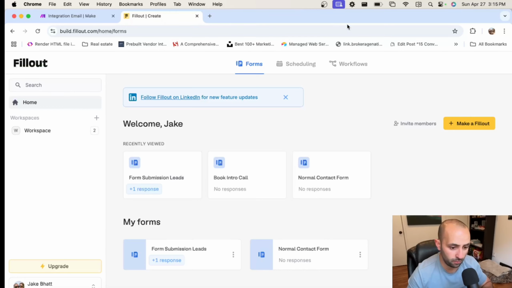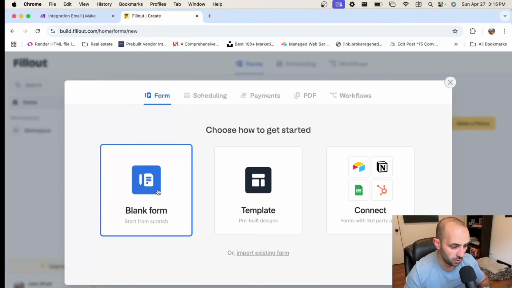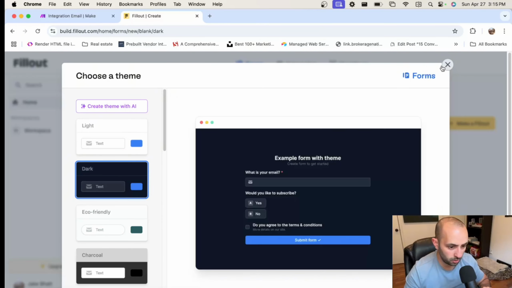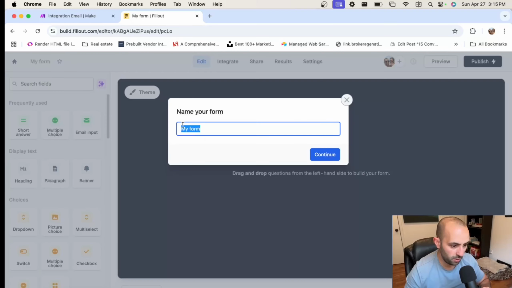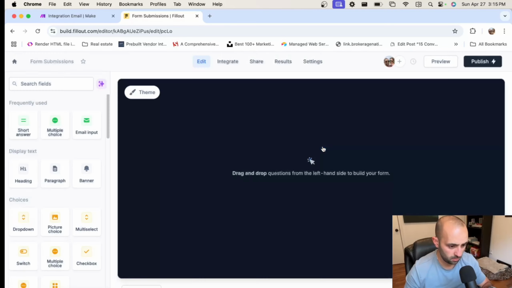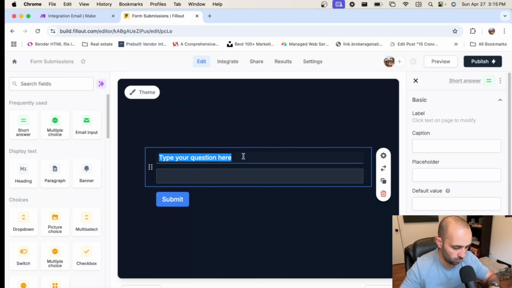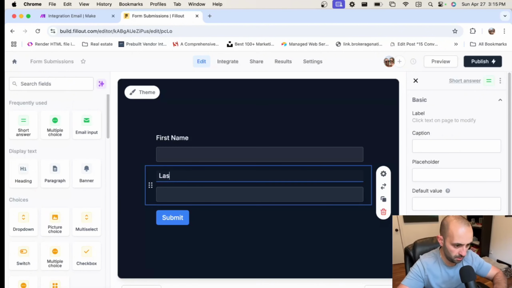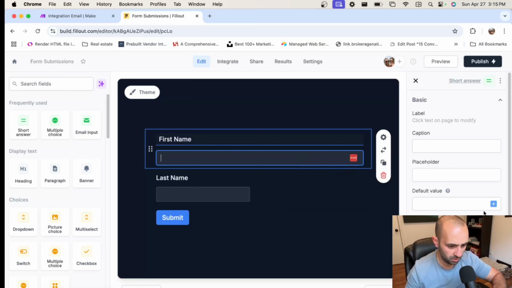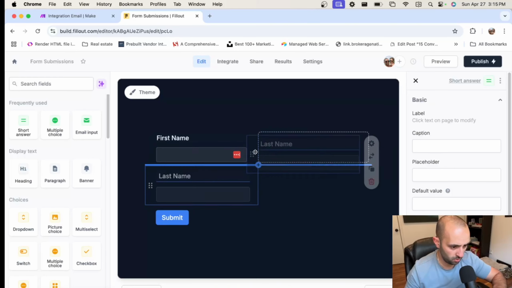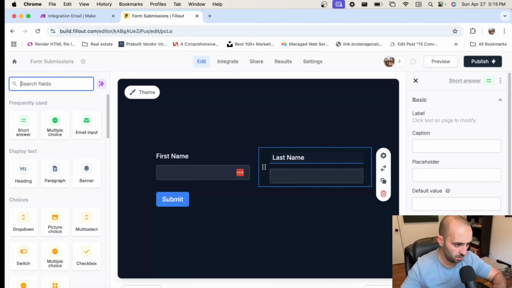Let's just create a quick form, just so you can see. So blank form. Let's use dark. It's going to take 2 seconds here. Create form. Form submissions. Continue, and I may be blocking some things if my face is there, but that's okay. So short answer, we want first name, short answer, last name, and then let's do half width. Actually, this is the half width, and put these here, and then we want email,